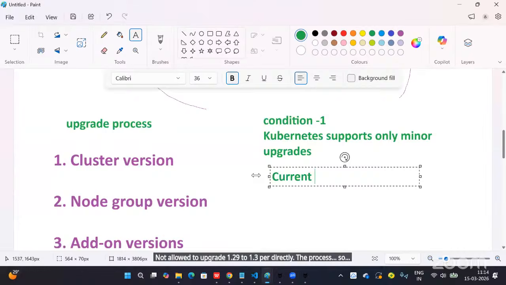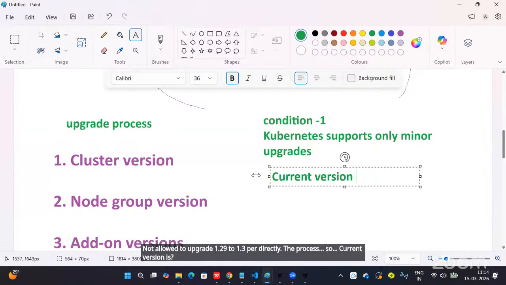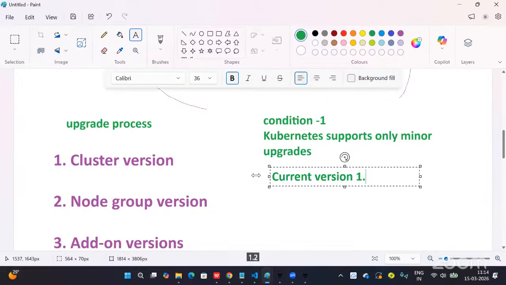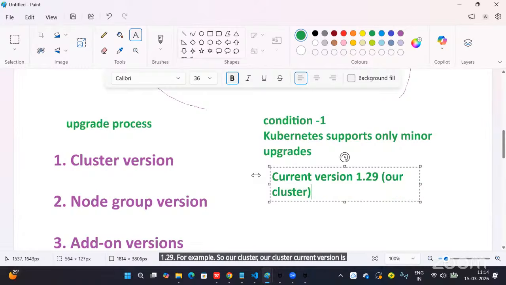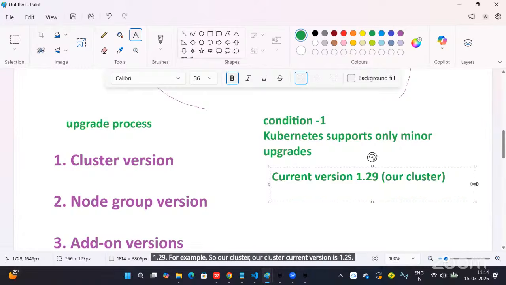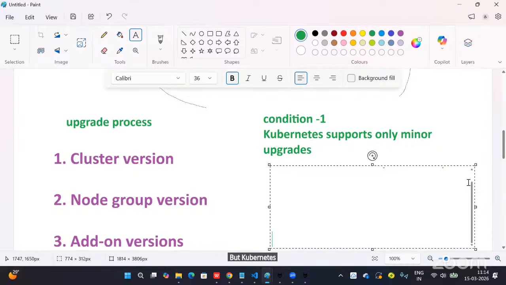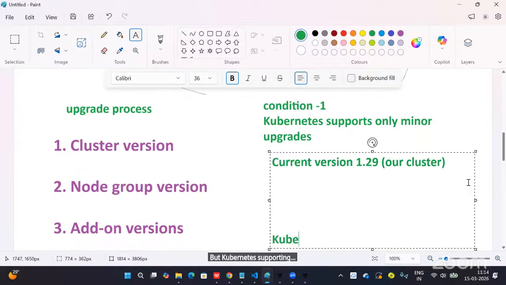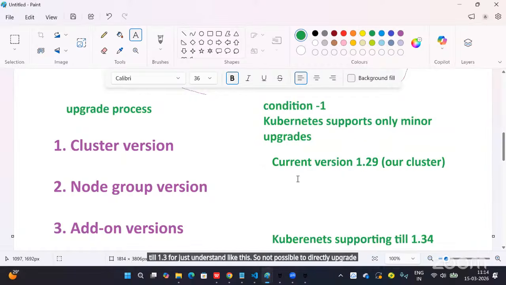The current version of our cluster is 1.29, for example, but Kubernetes is supporting up to 1.34. Just understand it like this. It is not possible to upgrade directly from 1.29 to 1.34.